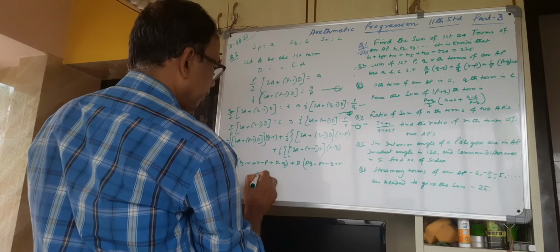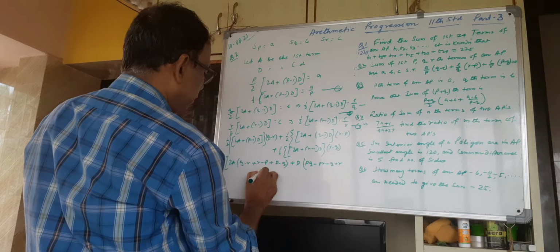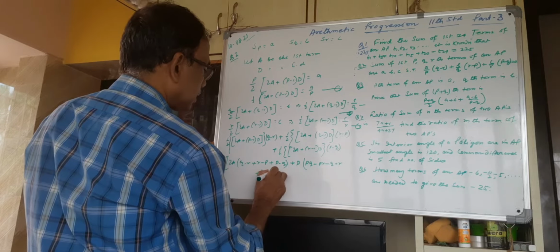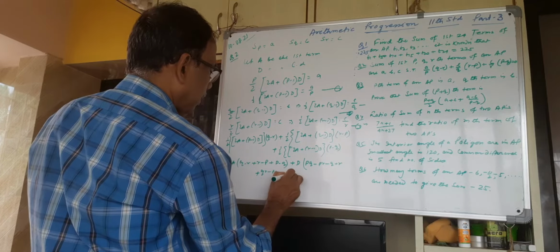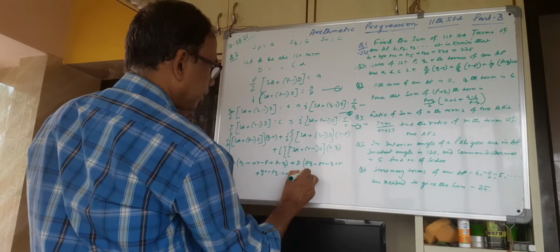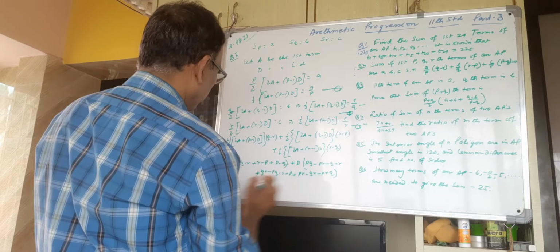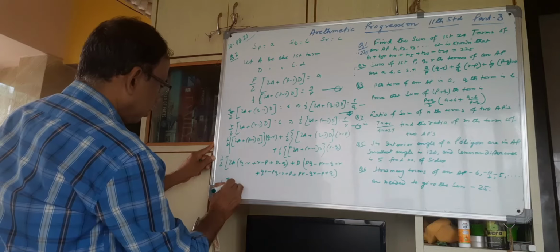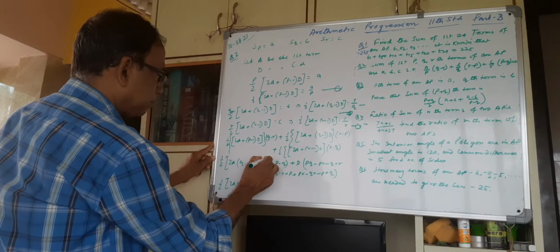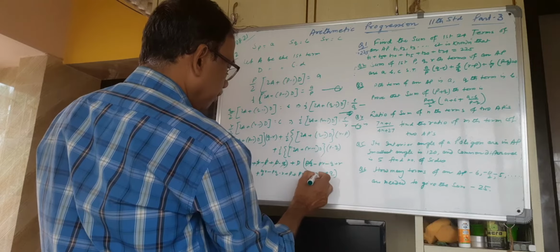plus Q into this, QR minus PQ minus R plus P, plus D into this into this, that is PR minus QR minus P plus Q. That is half 2a into minus R plus R minus P plus P minus Q plus Q, plus PQ